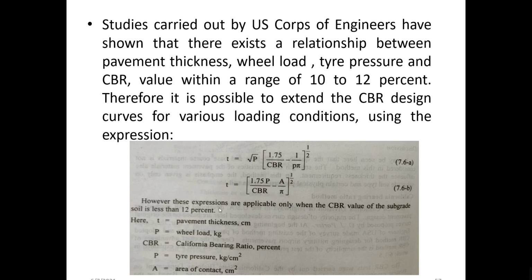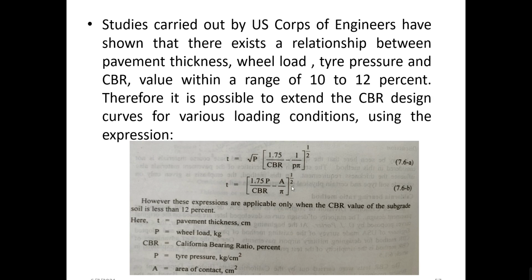is lesser than 12%. But what could be varied? The variable is P. Depending upon the variable capital P, you can decide the thickness of the flexible pavement for different values of CBR in the range of 2 to 12%, with the varied wheel load, like for example 2, 3, 4, 5, 6, and so on up to 10 to 12%. We can easily design the thickness of a flexible pavement with this expression, where A happens to be